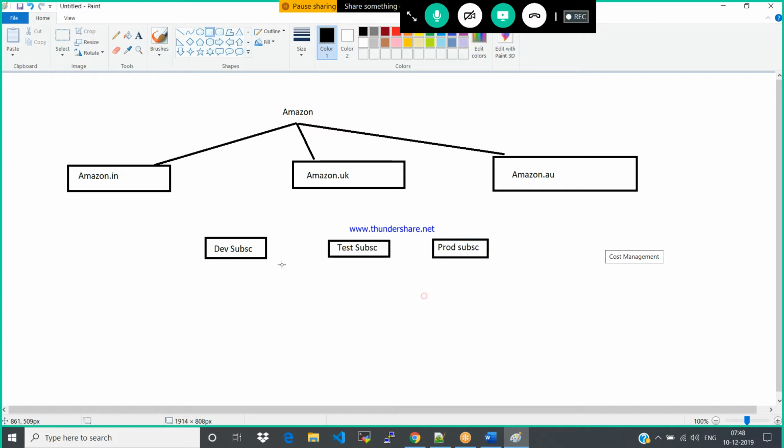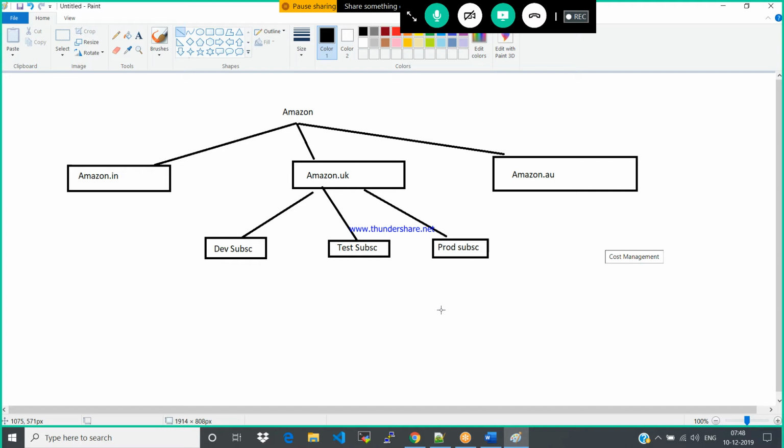Okay. So now the subscriptions are done. Now you tell me, what is the first and mandatory thing you must have in the resource group, the ARM, Azure Resource Manager portal?